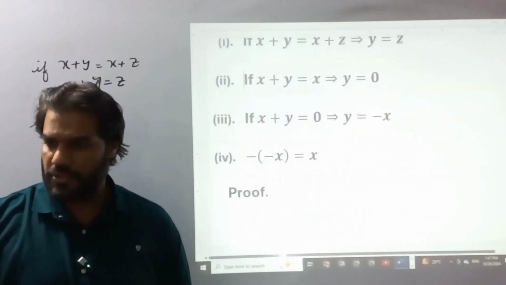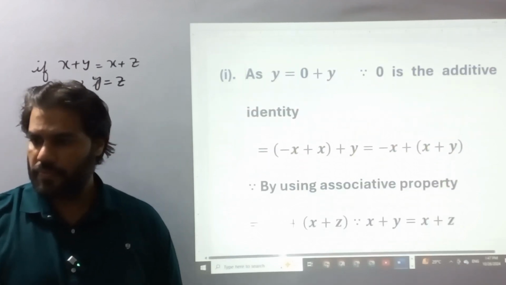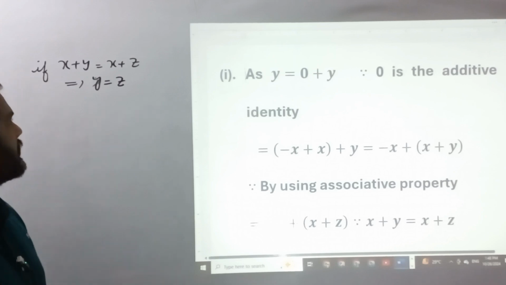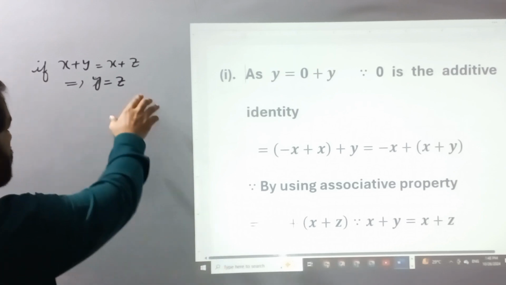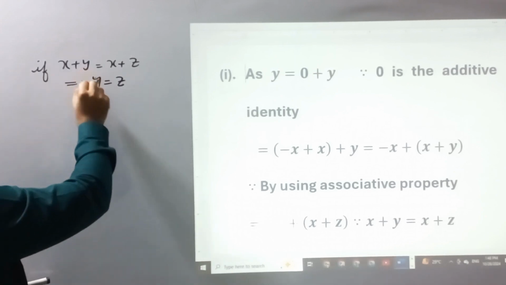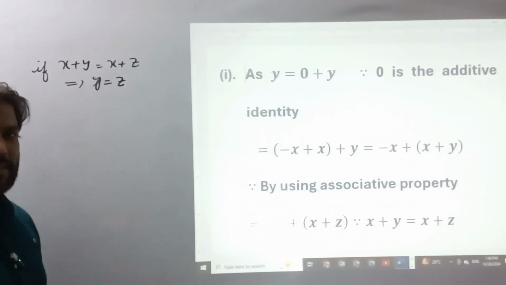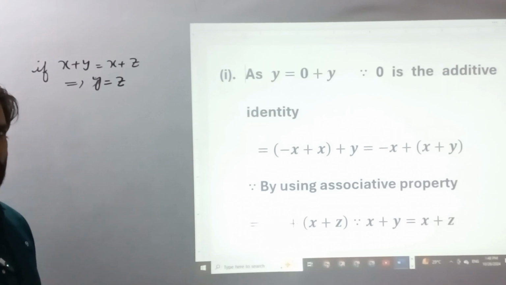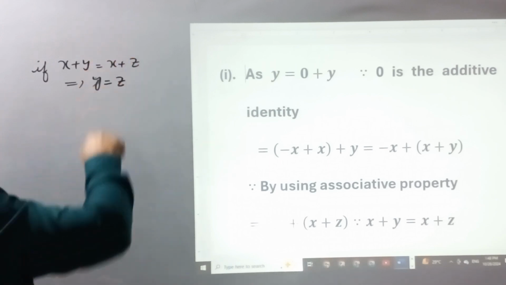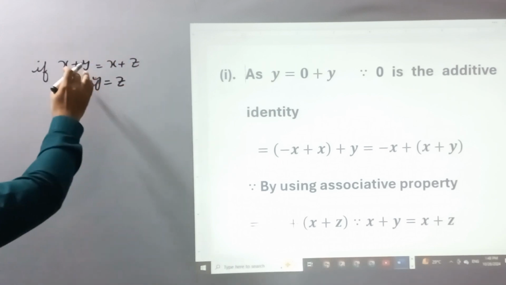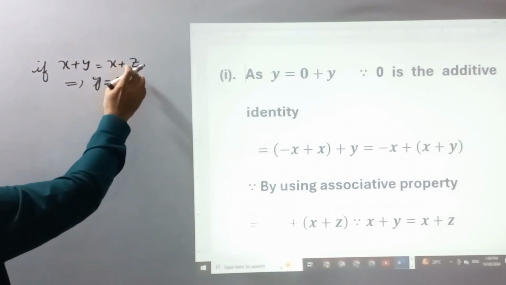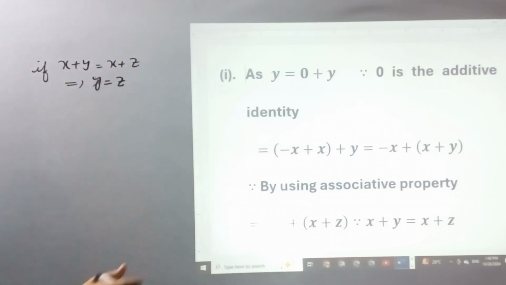So how will we prove this? The first method that I will discuss is very simple, using the left cancellation law, or simply taking the additive inverse, minus x, on both sides of the given equation. The given equation is x plus y equals x plus z. By taking negative x, that is the additive inverse of x,